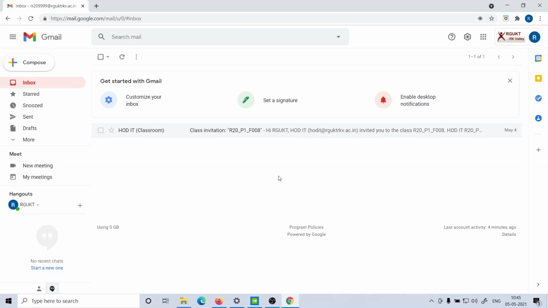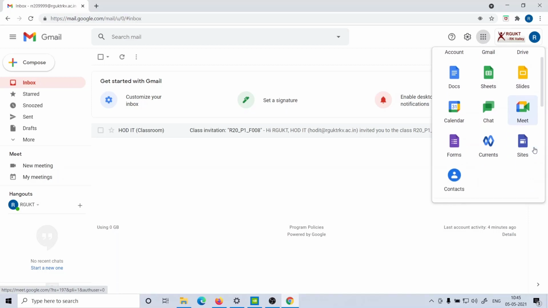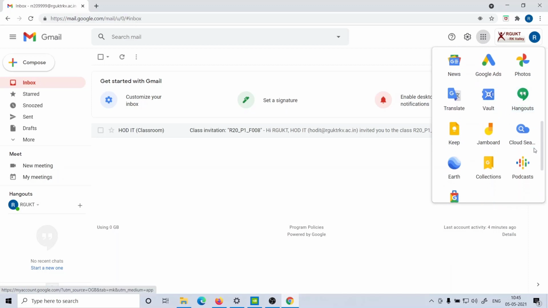This is one way, and there is another way to get here: you can click the options. There you can find many applications of Google, and we need to access Google Classroom, so we must scroll down.